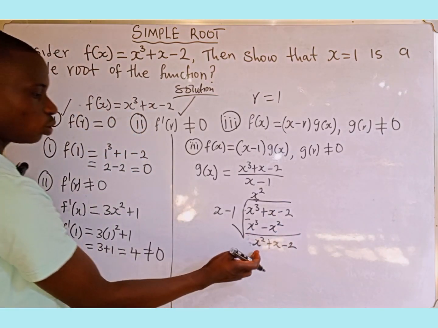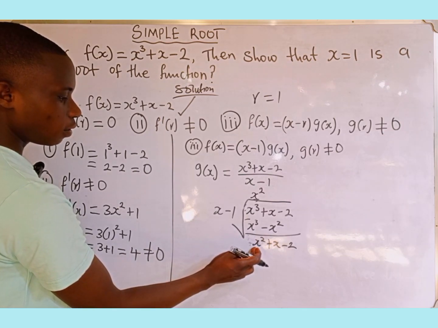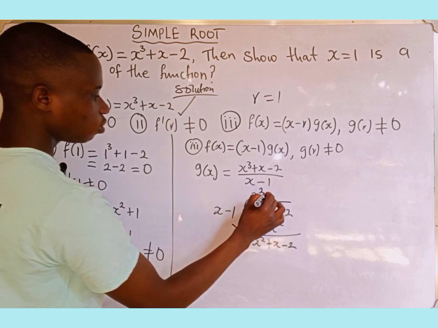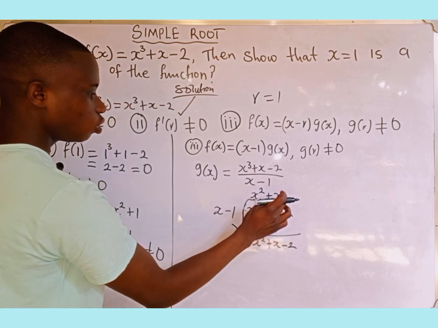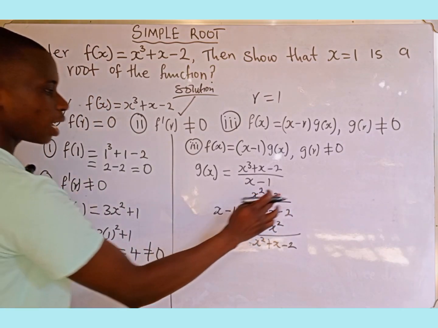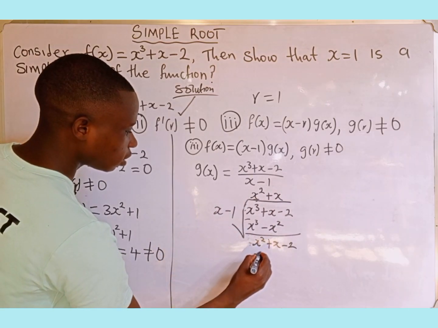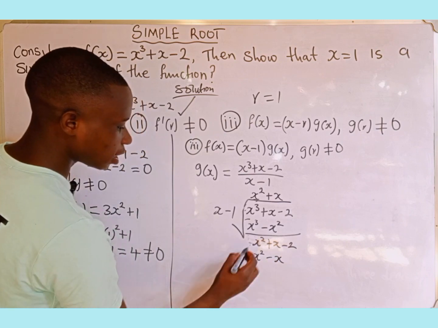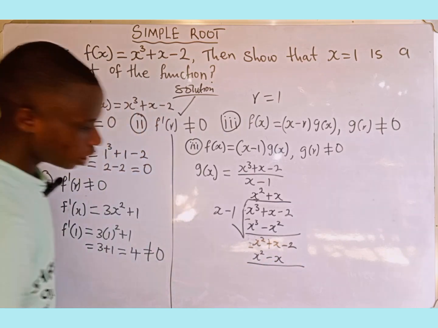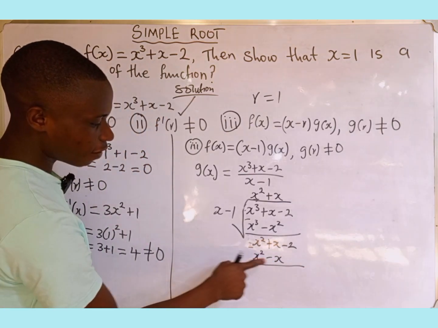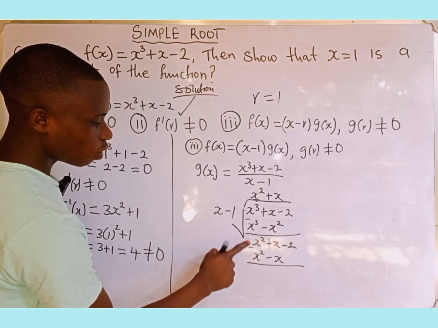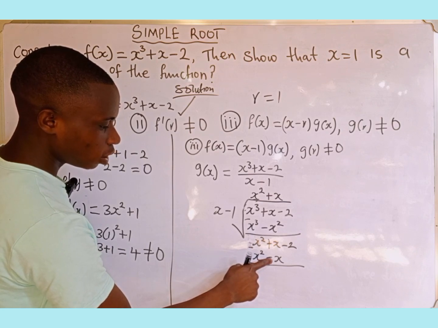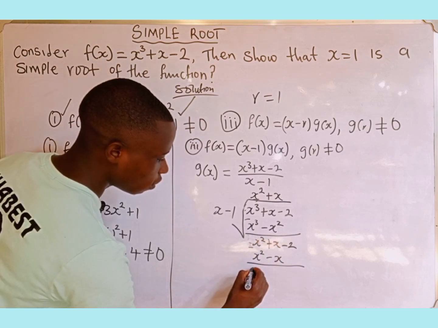Then the next thing, you use this first term to divide by x again. x squared divided by x is going to give us positive x. Then you use this x to multiply each term: x multiplied by x gives x squared, then x multiplied by minus 1 gives minus x. Then you subtract again, remembering the sign affects the terms below. Minus x squared plus x squared is 0. Then minus minus is plus, so x plus x gives us